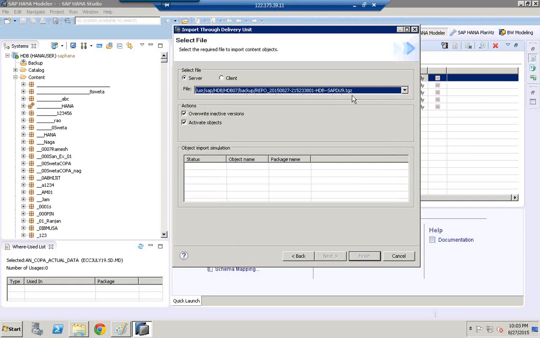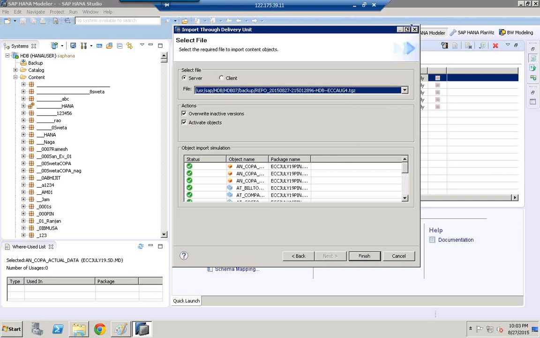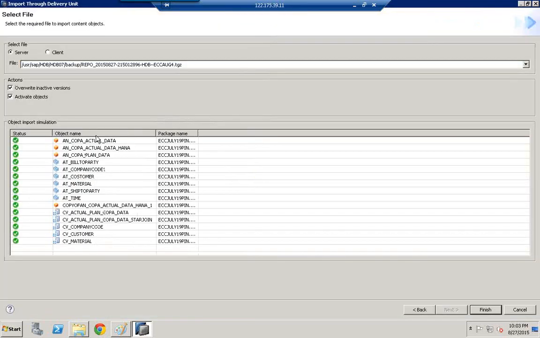So the newly created delivery units are having an issue here, because if you see the old created delivery units, when we try to export, they're able to export, but the newly created ones we are not able to do. So let us only take the old ones, because the new ones are not working. I will check for root cause analysis why this is not working. But for now, let us only take the old one, which is the previous one, ECC August 4. So let us use this for now, and